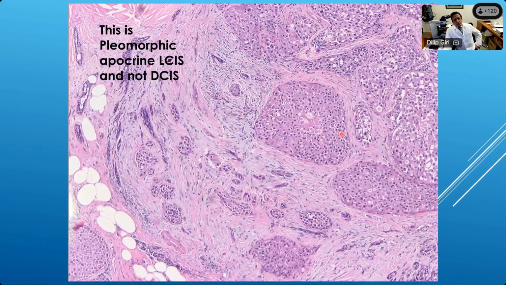Now, sometimes apocrine changes may happen actually in LCIS. So when you see something apocrine, it's not automatically ductal, okay? Now this is obviously malignant, right? So this is not DCIS, this is apocrine LCIS. And although this looks very worrisome and concerning for DCIS,